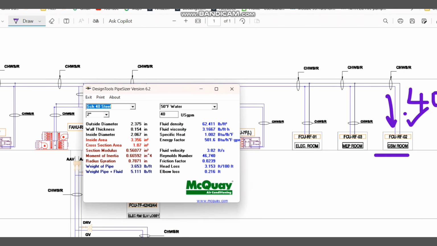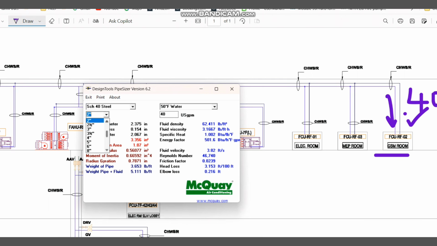And if you go to the temperature, you can see 50 degrees, 70 degrees, different temperature limits are given. 50 degrees Fahrenheit normally comes to 10 degrees Celsius. So normally for the chilled water application we are using this one. If you go to 70 degrees Fahrenheit, it will be around 25 degrees Celsius, which is not applicable for chilled water. We will normally use 50 degrees Fahrenheit, that is equal to 10 degrees Celsius.